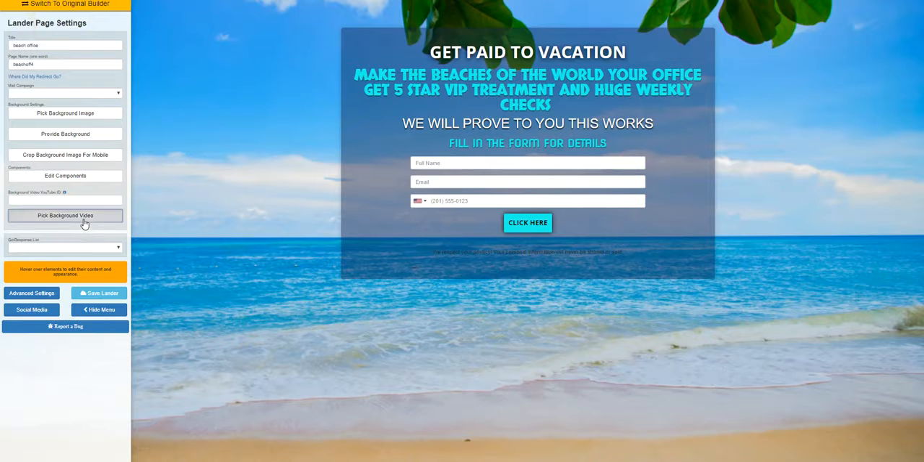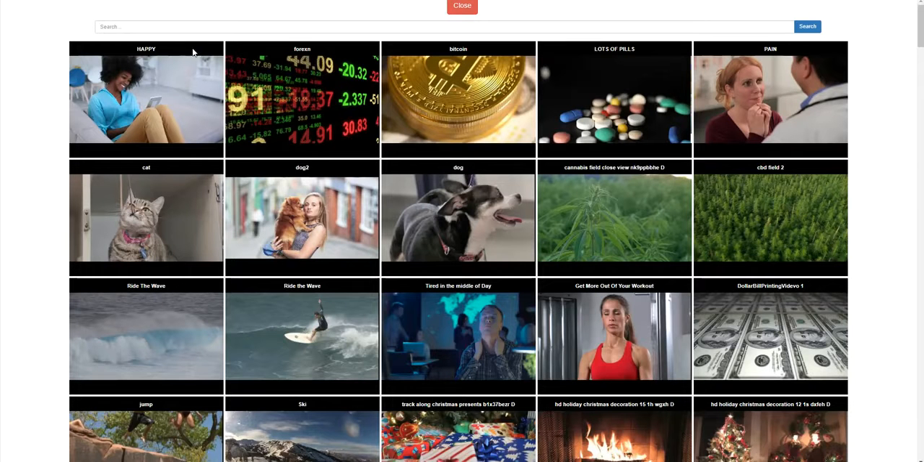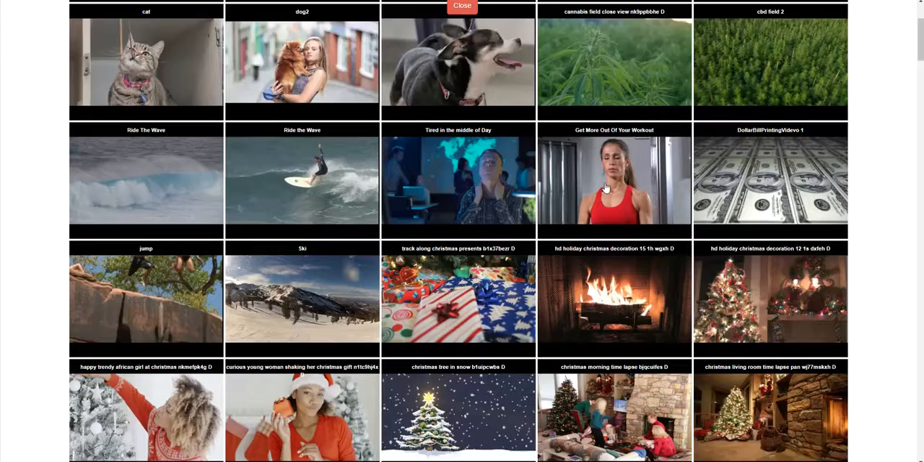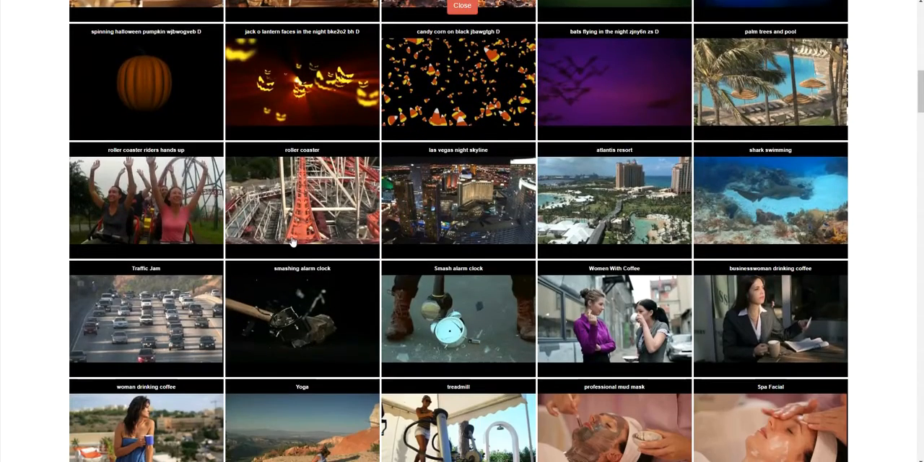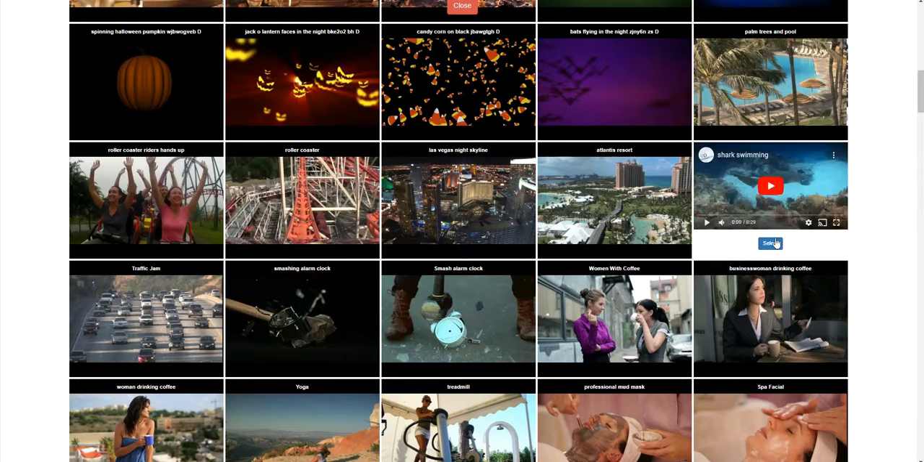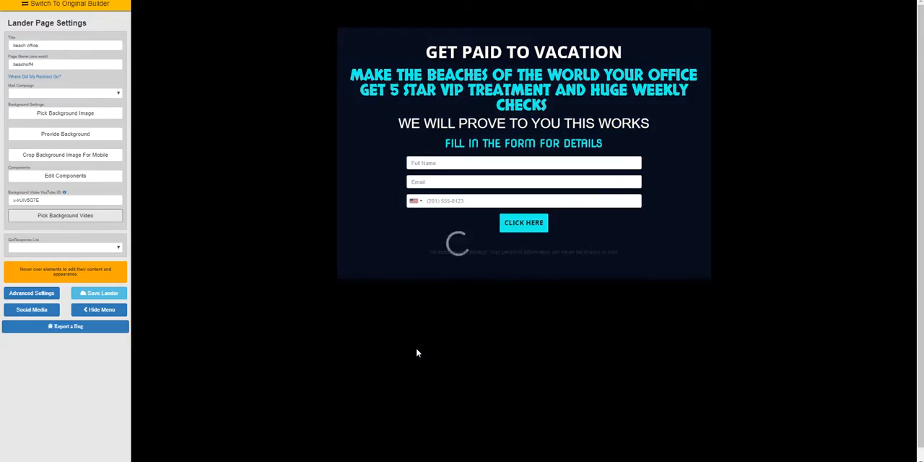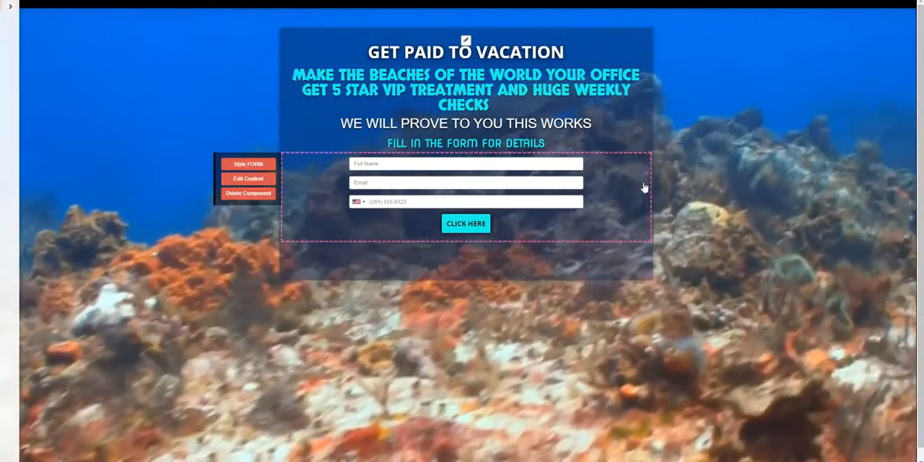Then on the left it says pick background video. Now we have a bunch that's already here that you can choose from, or you could add your own. For example, if I want to add the shark swimming, I click on it, hit select, and give it a second, and that becomes the background of